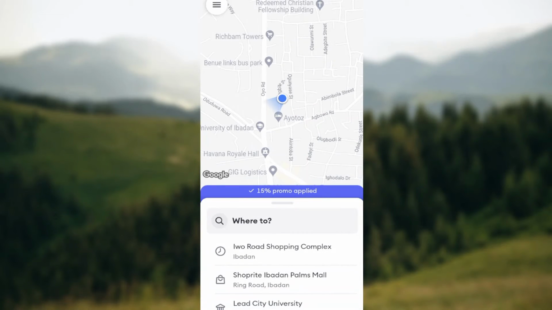How to add multiple stops to your boat ride. Hello friends, welcome to another tutorial. In this tutorial, I'll show you how you can add multiple stops to your boat ride, and here is how